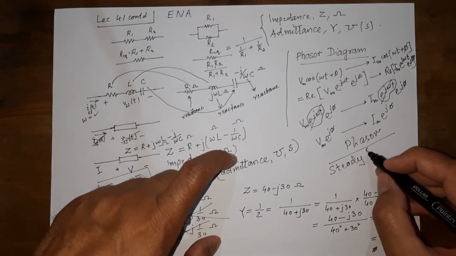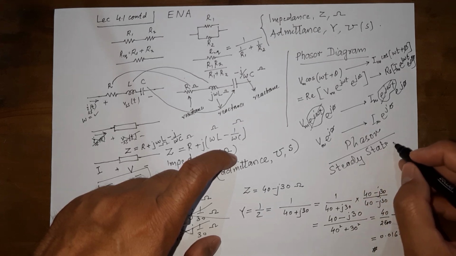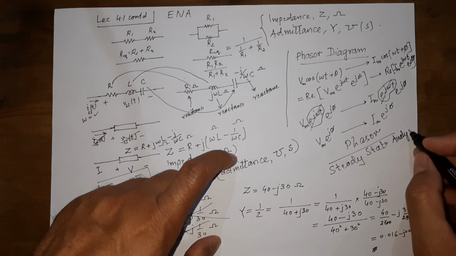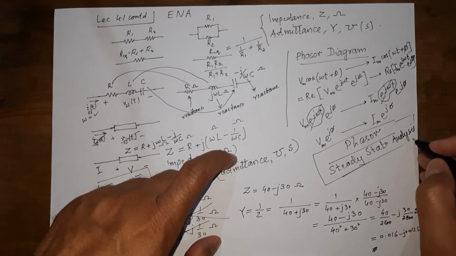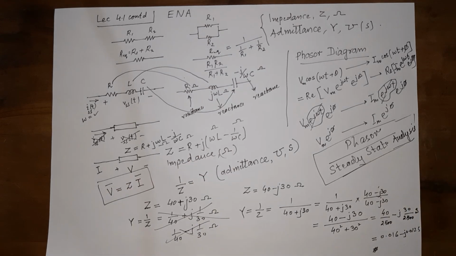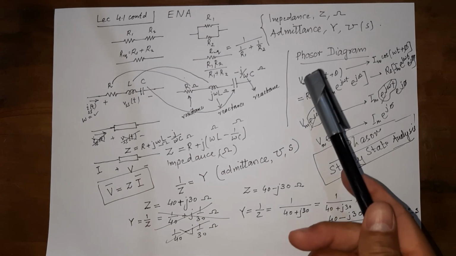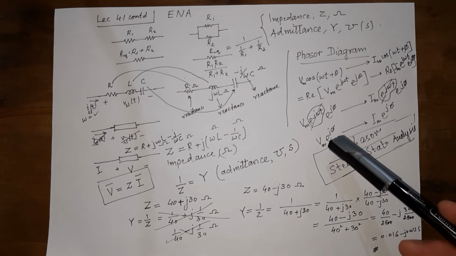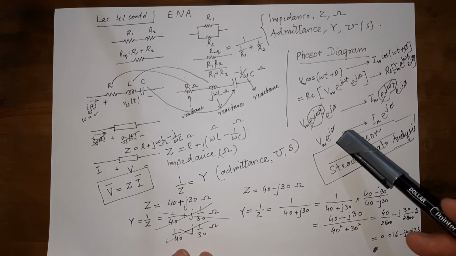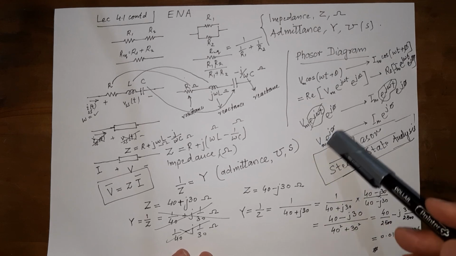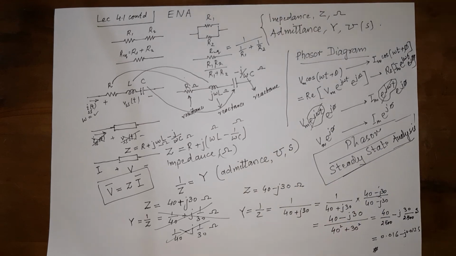So these were phasors, and how phasors can help us do steady state analysis for linear circuits is what we are studying in this chapter, and we have almost done it, except for looking at the phasor diagram. Obviously, if you have revised your complex numbers, then you would know that complex numbers can be plotted on a complex plane, and we will look at that in the next video, inshallah.